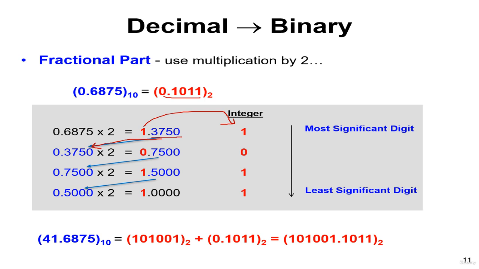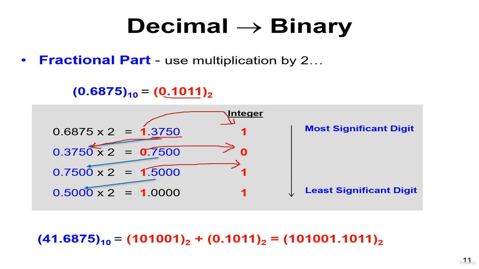And we would again multiply it by 2. It would give us 0.7500. So this number we would note it, right? And 0.7500 would again be multiplied by 2. So once it would give us 1.5000, right? So this number we would note it over here, and 0.500 would again be multiplied by 2,